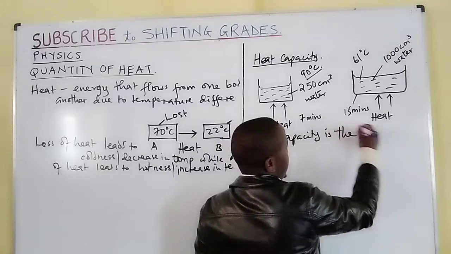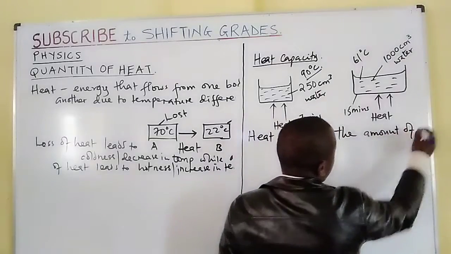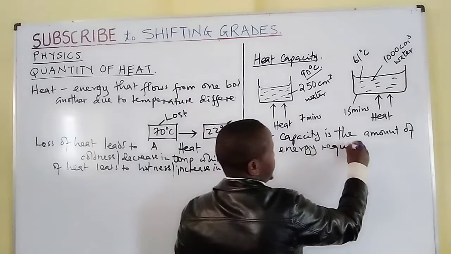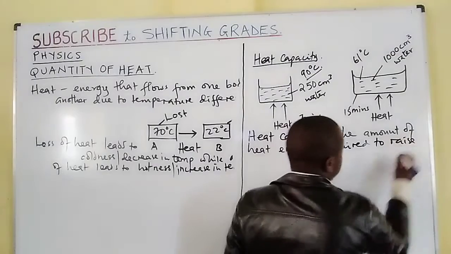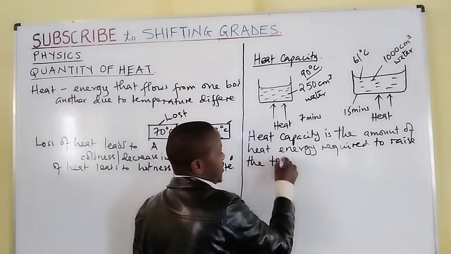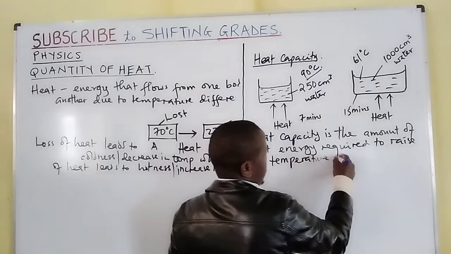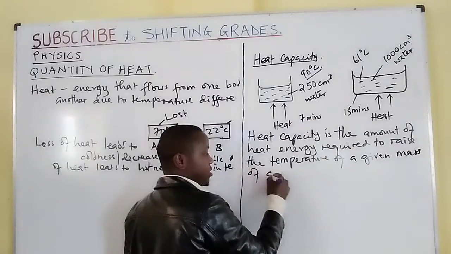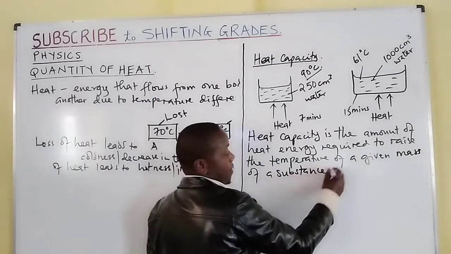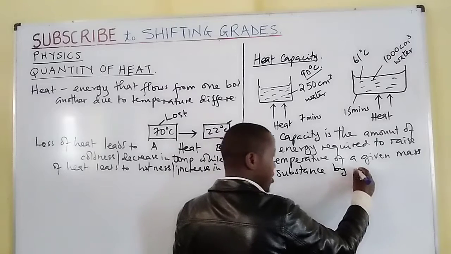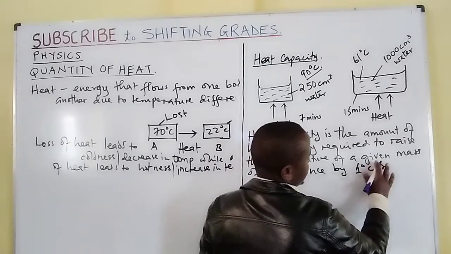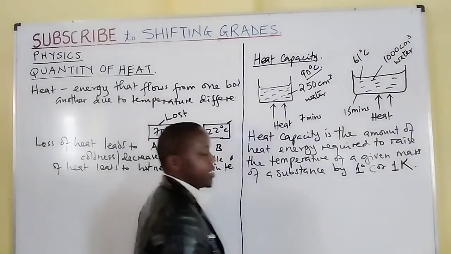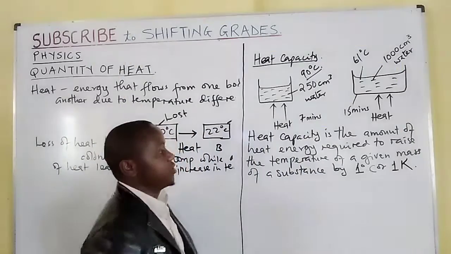is the amount of heat energy required to raise the temperature of a given mass of a substance by 1 unit, or by 1 degree Celsius, or by 1 Kelvin. Therefore, you find now heat capacity